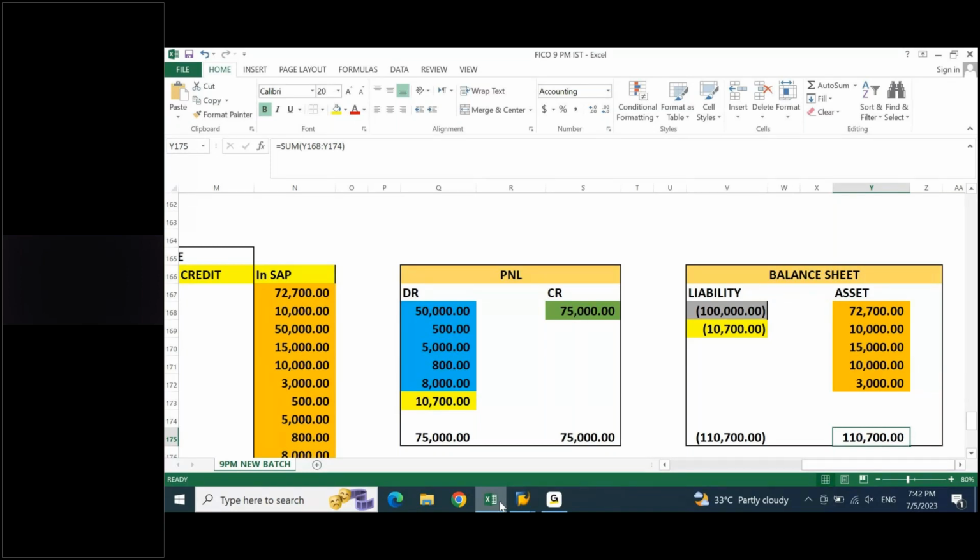Point number two, we don't think about a requirement. We don't think why we are doing this, what is our requirement, what are we trying to achieve from the system. If we think from these points, it is easy to understand why we are doing these kinds of things in SAP, why the system is behaving like this. Otherwise, it will be a tricky task to understand how the system is behaving.